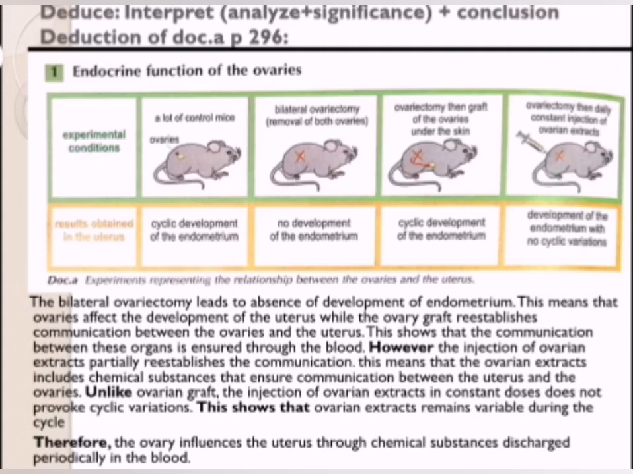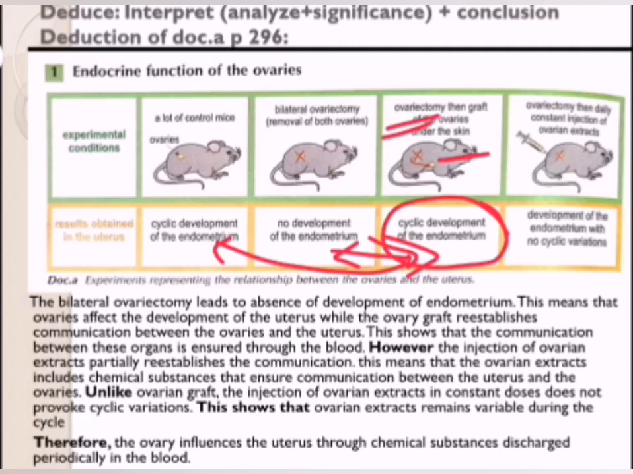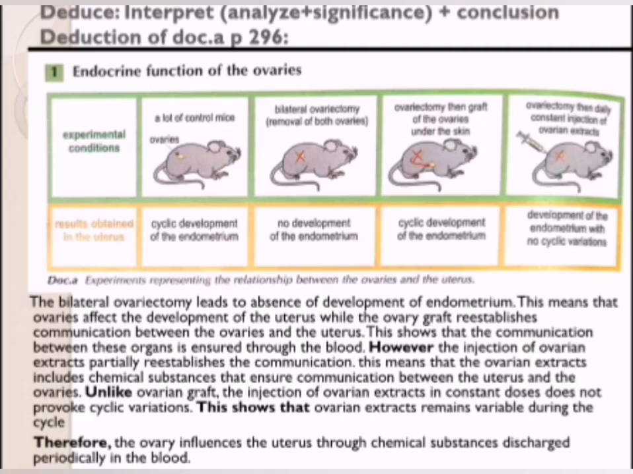So when you compare the second and the third experiment, you can see in the second experiment that without the ovaries, there is no development in the uterus. And in experiment 3, when we remove the ovaries and graft them under the skin, there is cyclic development of the uterus. So this experiment, which is experiment 3, ensures that there is communication between ovaries and the uterus, and this communication